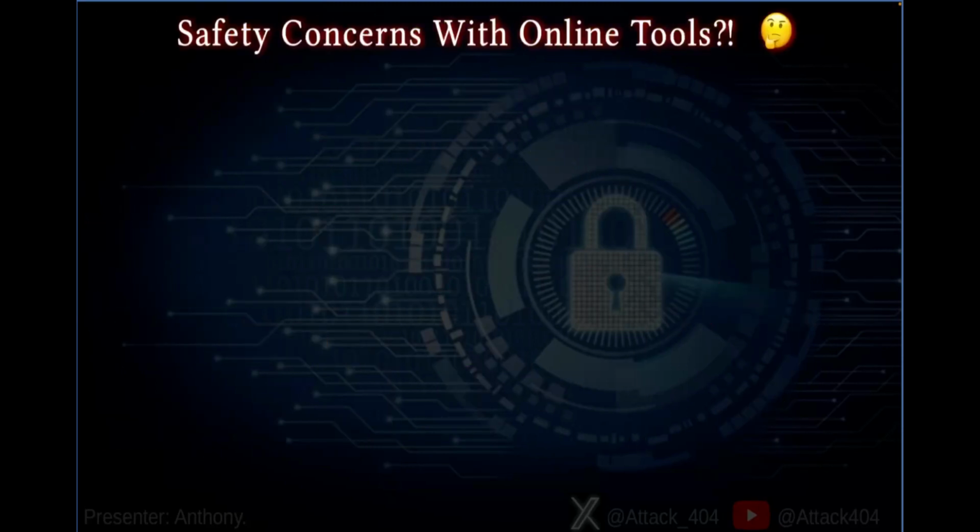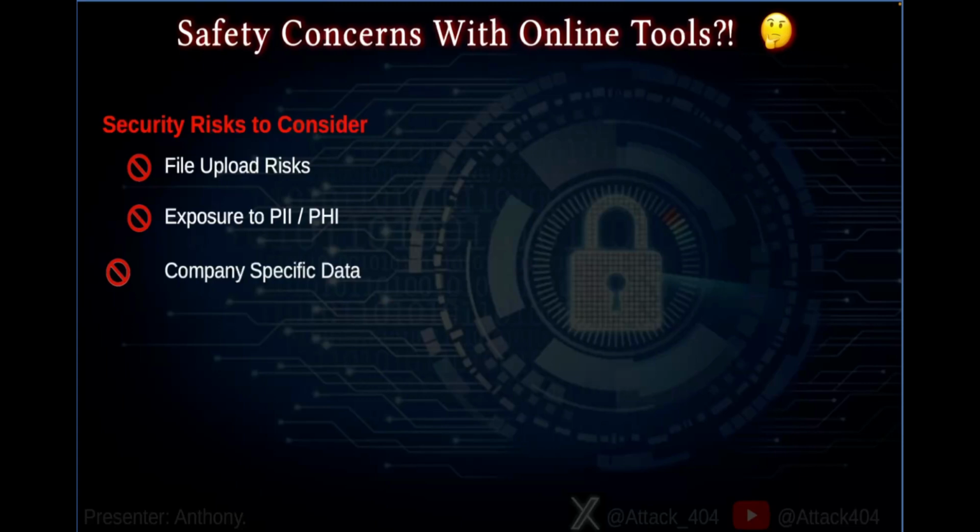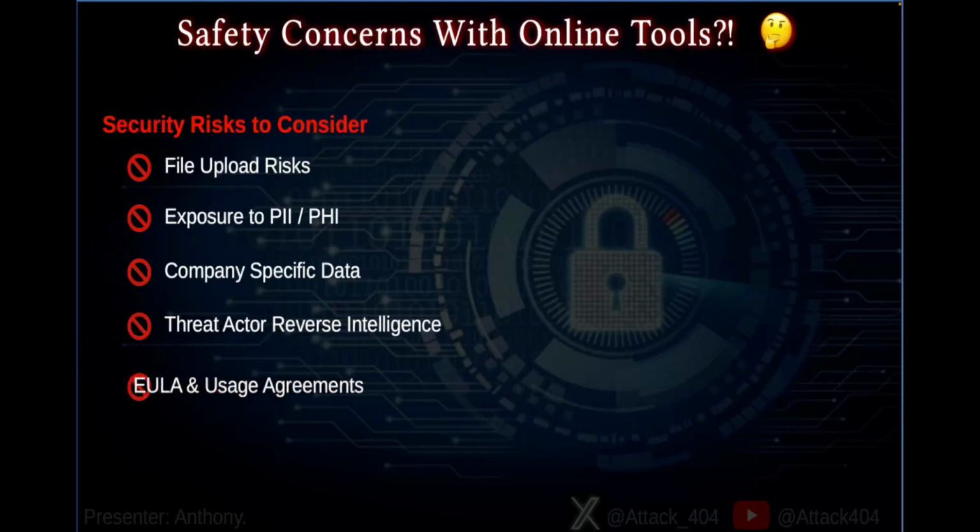So I know we discussed a lot of concerns with working in a SOC, and now the next thing is going to be sandboxes like Joe Sandbox and VirusTotal. So you don't want to do file uploads to any of these resources because if you are in fact uploading a file, then your adversary is probably going to get tipped off that that binary has been uploaded, and they may either have to change the fingerprint of that file or they have to change something to escape or avoid